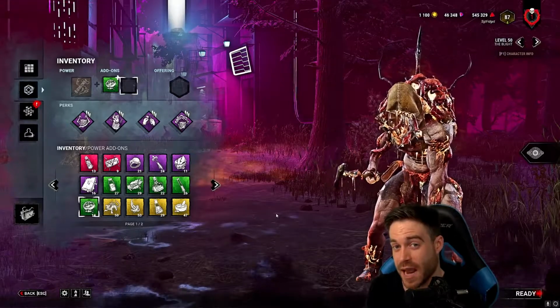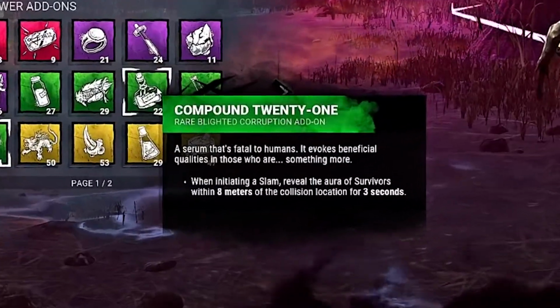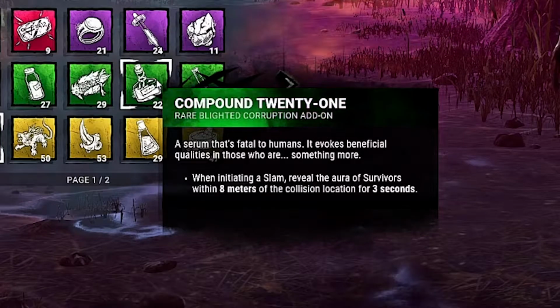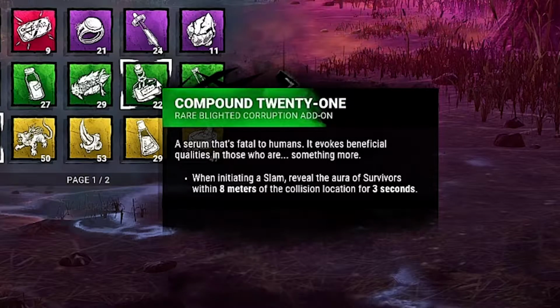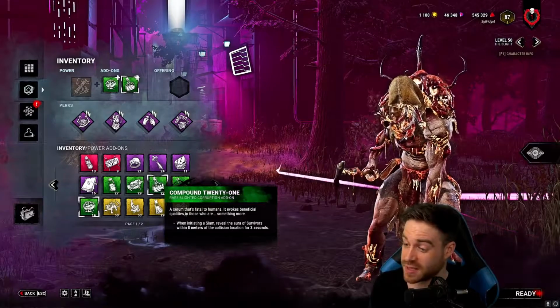The second add-on that I'm going to be using in this build is Compound 21. When initiating a slam, reveal the aura of survivors within 8 meters of the collision location for 3 seconds. This is kind of like